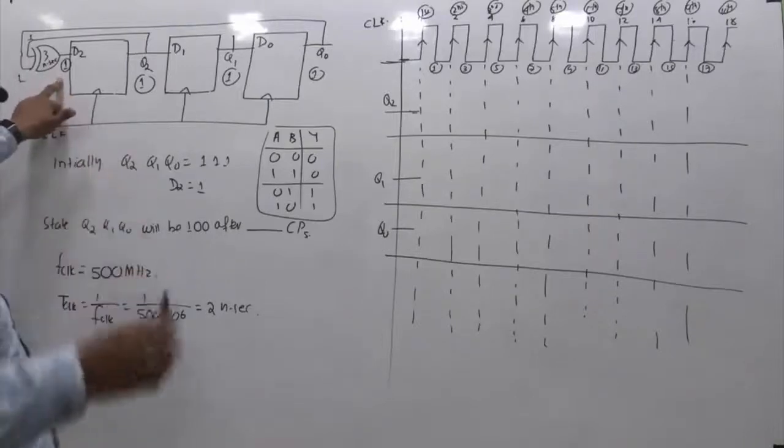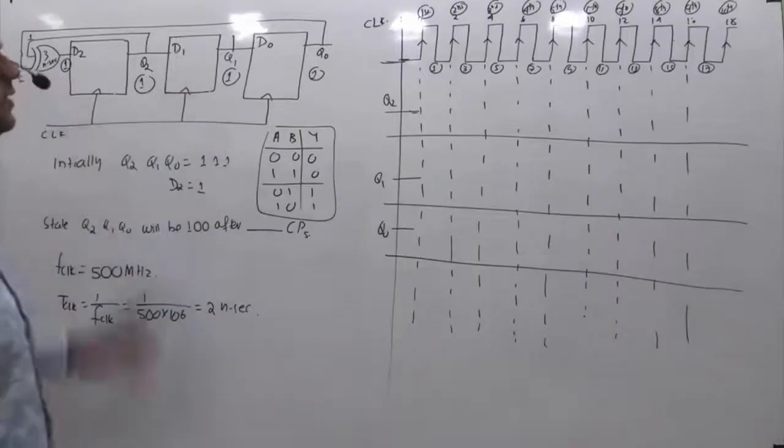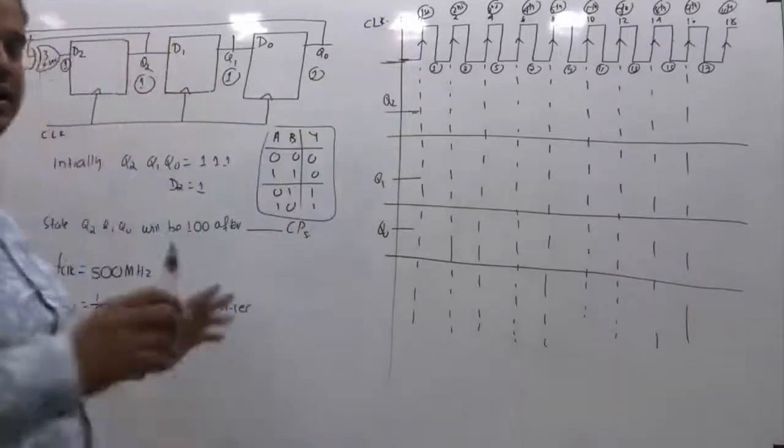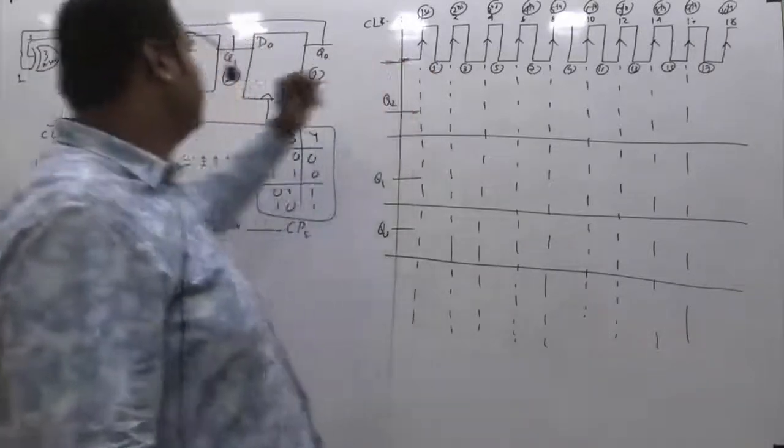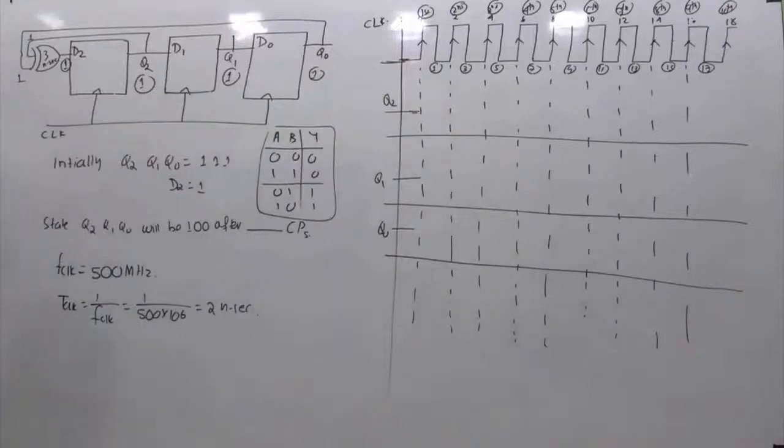So the starting point is, whenever you are giving the first clock, what is happening? That is, at t equal to 0, what will happen? At t equal to 0, will it process with respect to 1 or with respect to 0? When I say 0, I mean the output of 1 and 1, which is 0. At t equal to 0, they are telling us Q2, Q1, Q0 are all 1, 1, 1, and at t equal to 0 itself I want to apply the first clock. So what does this mean? At t equal to 0, the output of the XOR gate will still be 1. It is supposed to become 0 after 3 nanoseconds, but exactly at t equal to 0, it has to be 1 only.